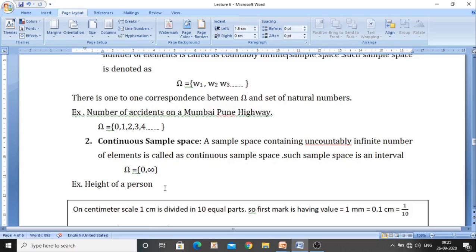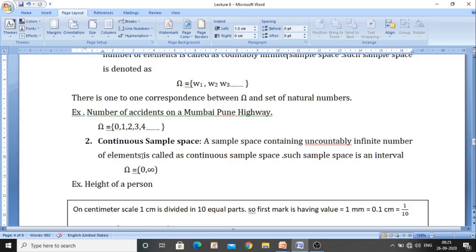That means when it is 5.1, it doesn't mean that it is exactly at 0.1. It may have some fluctuations, meaning before that 0.1 line or after that line. So it will be within some interval, and that's why it is not an exact number, and that's why it is a continuous sample space. So it will lie in some interval.